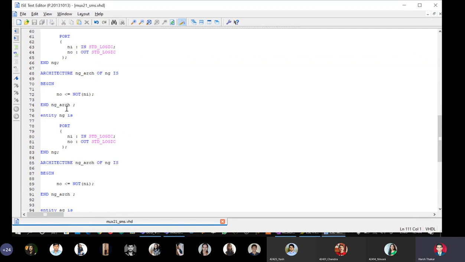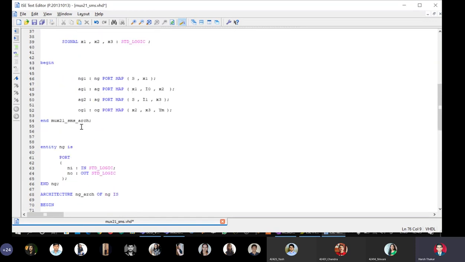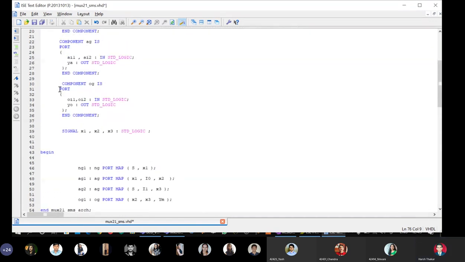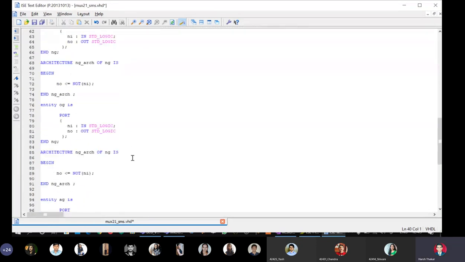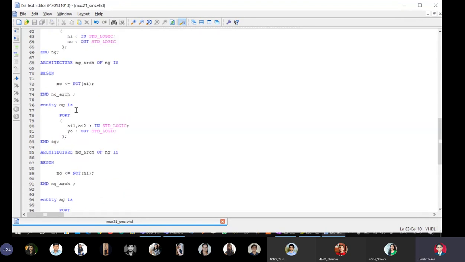Then this has to be an OR gate now. No issues. We'll make this an OR gate. OG is... So the entity declaration for the OR gate is over.